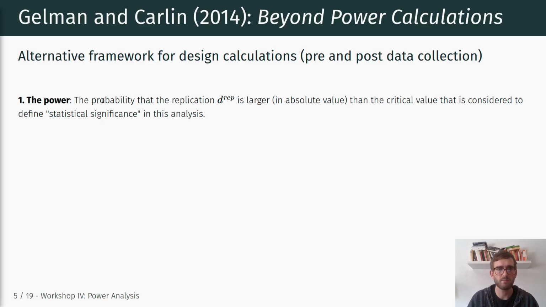So they define the power as the probability that the replication, d_rep, which is the estimate in your experiment for one replication, is larger in absolute value than the critical value that is considered to define statistical significance in this analysis, right? So again, d_rep is the estimate that would be observed in a hypothetical replication study with a design identical to that used in the original study, right? So we're thinking about this in the context of repeated experiments, and thinking about the power as the probability,